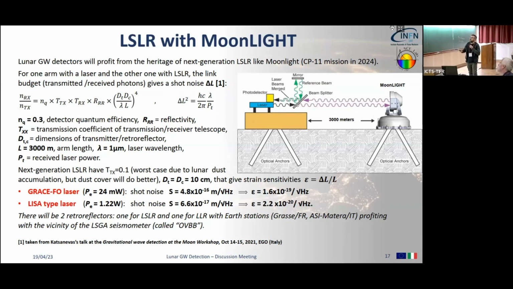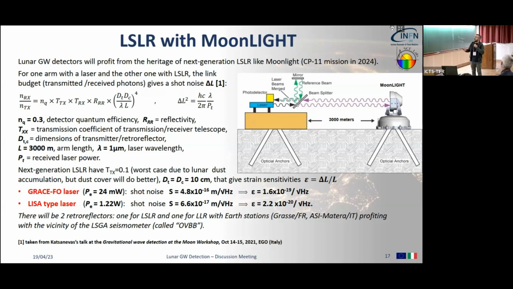We can insert all the numbers here and calculate the shot noise, considering an arm length of 3 kilometers, and all these quantities for reflectivity and transmission coefficients at the transmitting and receiving telescopes. Even in the worst case scenario, it was considered the case in which retroreflectors are covered by dust, but eventually this will not be the case as soon as it lands on the moon. Even without cover, it will take years effectively to have a significant reduction in the laser return,